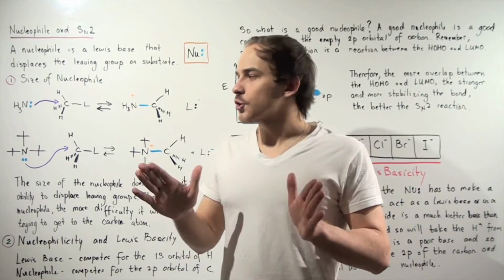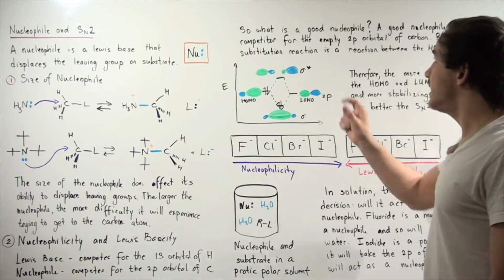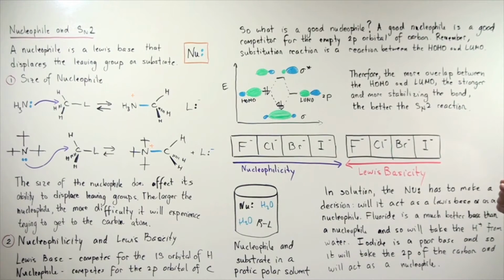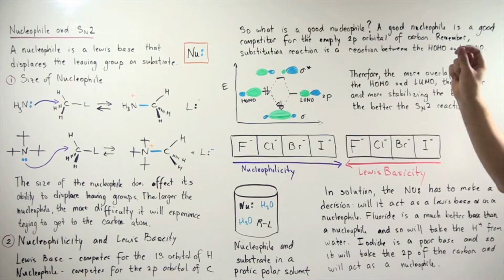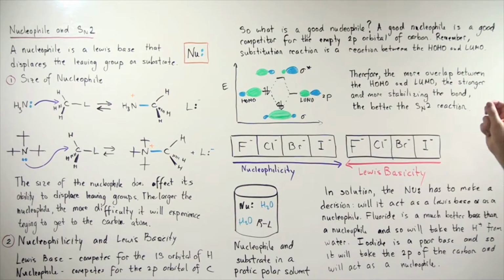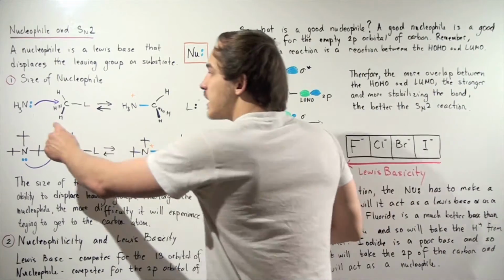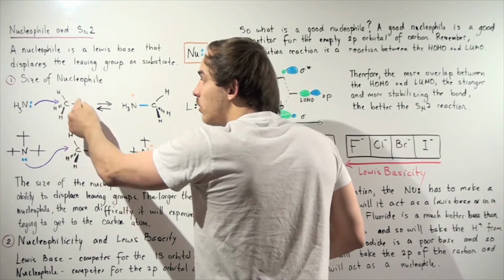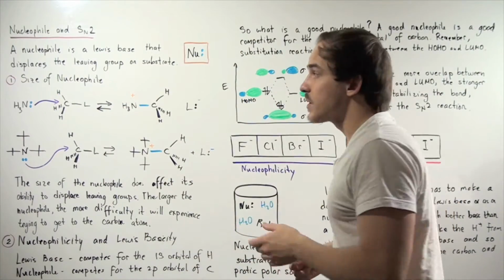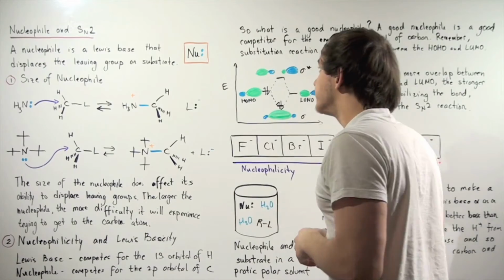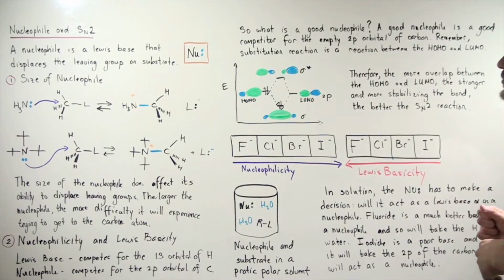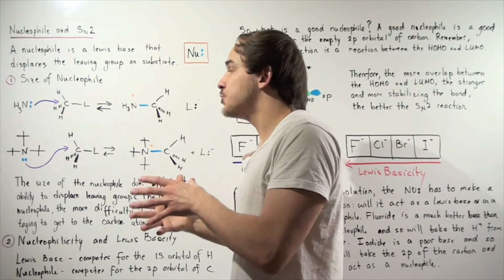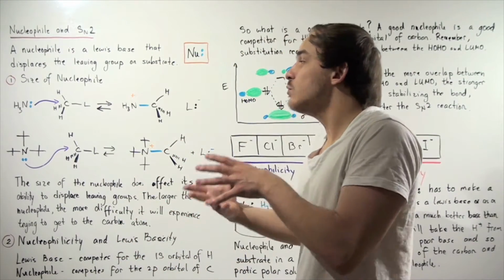That's not actually correct. But what exactly is a good nucleophile? Well, a good nucleophile is a good competitor for the empty 2p orbital of the carbon. Remember, this pair of electrons competes for the empty orbital of our carbon atom, of this carbon C bond. So that means that when this reaction takes place, and a good Sn2 reaction is a reaction in which there's